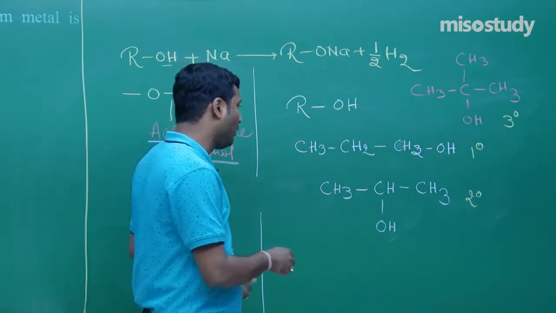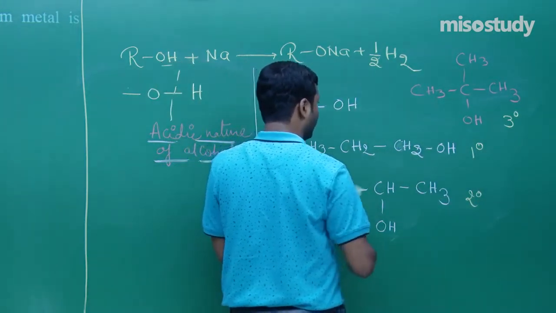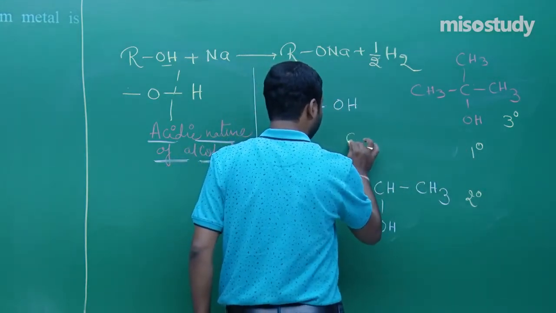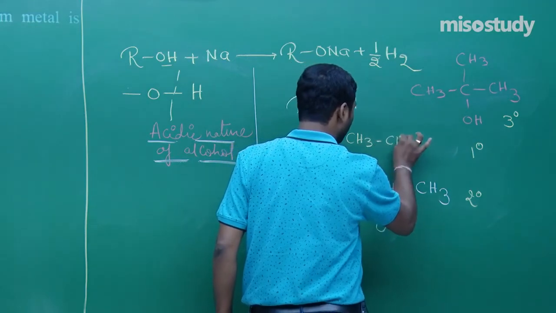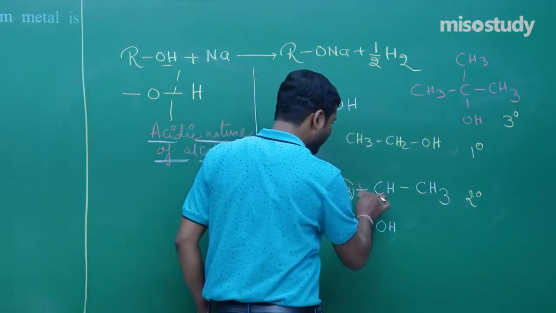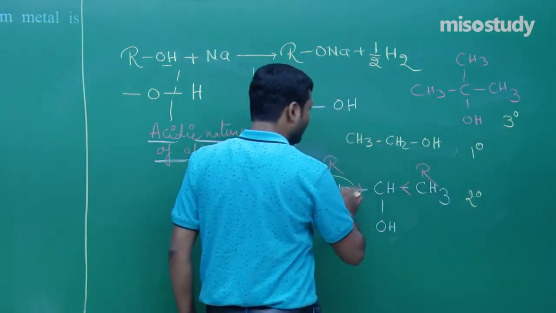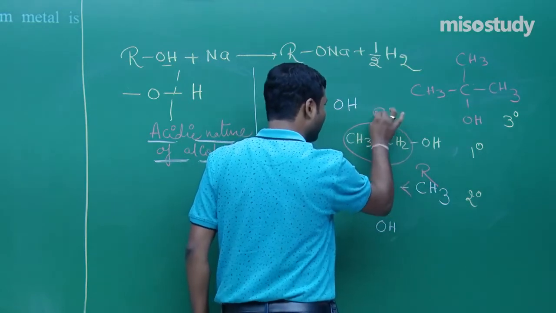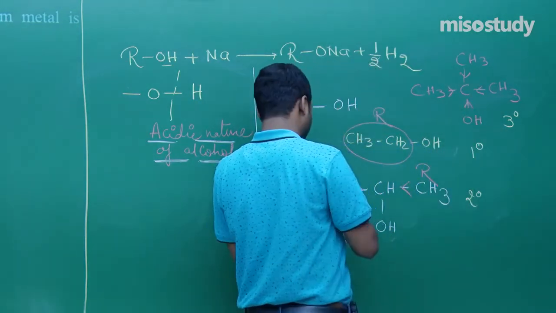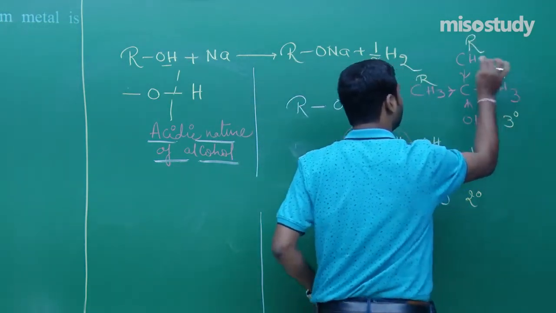Now as we know, here is the CH3 group, and if I represent it like this, CH3, CH2, OH, clear to you? Now look at this: here is CH3, again CH3, that is R and R; here is only R. This one is alkyl, this one is alkyl, and this one is an alkyl group.